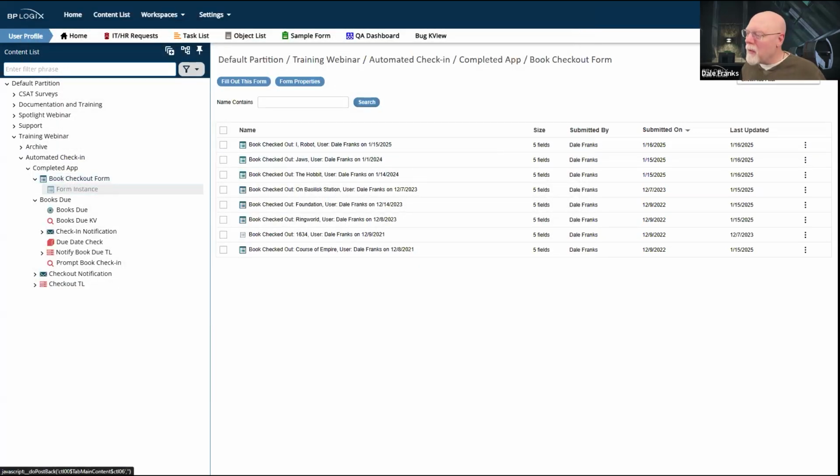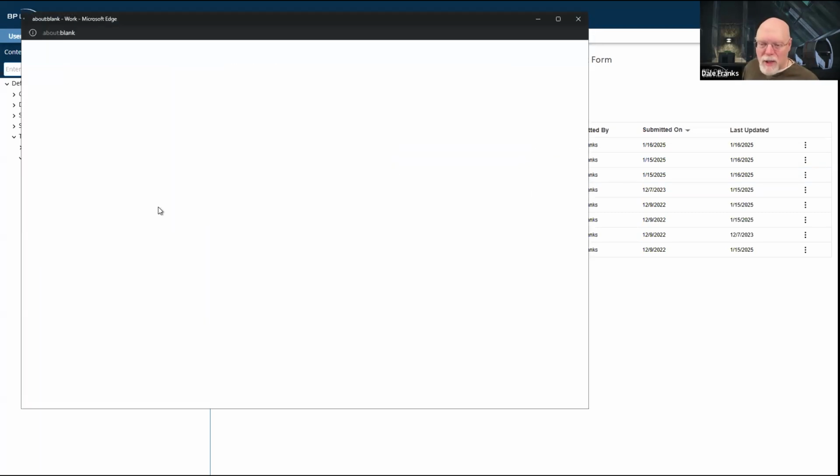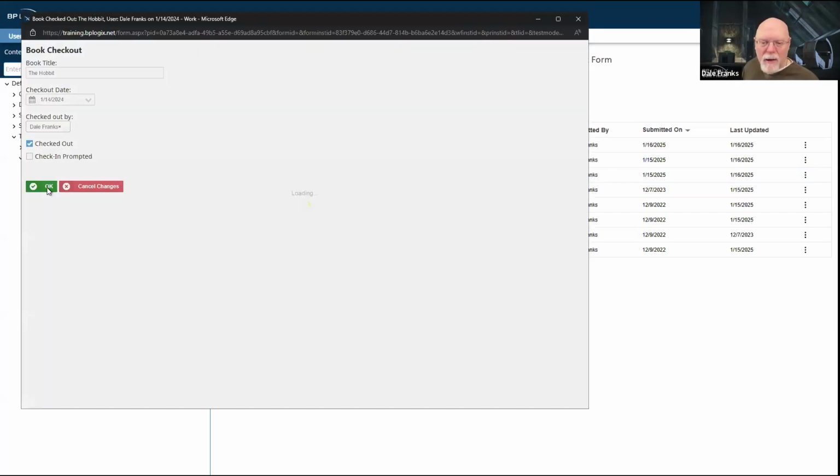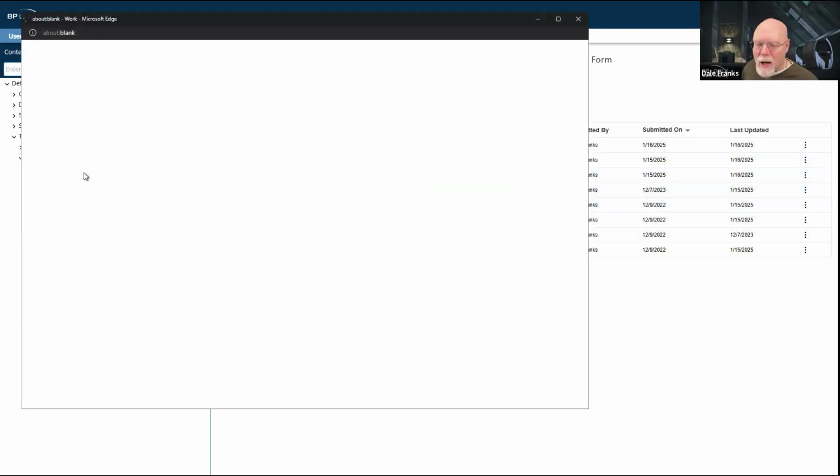Okay, let me refresh my knowledge view. So 1/15/2024, that was when it was checked out. This was checked out on 1/1, and this was checked out on 1/14/2024. All of them are still marked as checked out, and none of them are marked with check-in prompted.